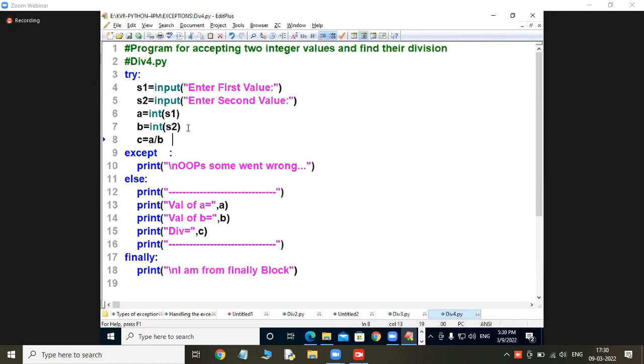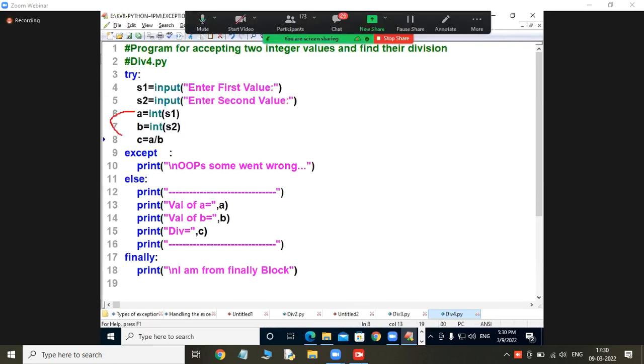Zero division error. All sorts of exceptions are coming to which block? Here what is not specified? No except block, no zero exception, no value error, no zero division error. Everything it will match, right or not? So PVM takes it as nothing is specified, and it is executing internally, because every try block requires one except first of all. That's why it is executing.